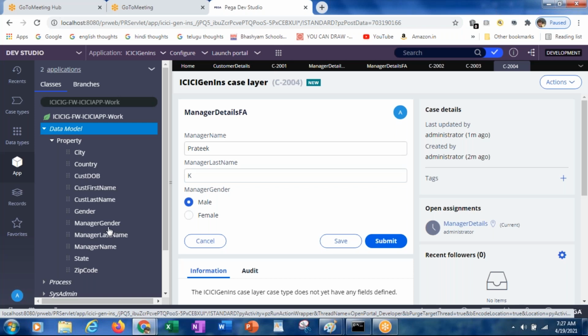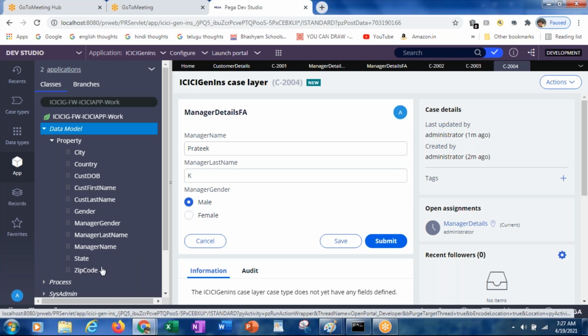But what I am telling is, now you have the manager details and customer details. Tomorrow you will have somebody else's details, like president details, vice president details, CEO details, and again normal clerk details. In that case, what do you have to do? You have to create that many properties: one for customer, one for manager, one for clerk, one for vice president, one for CEO. Whichever you want to enter, you should have that many properties. Otherwise it will overwrite. So this is a lengthy process.